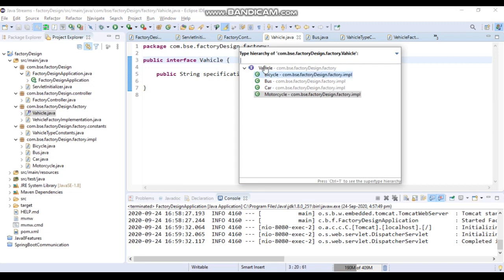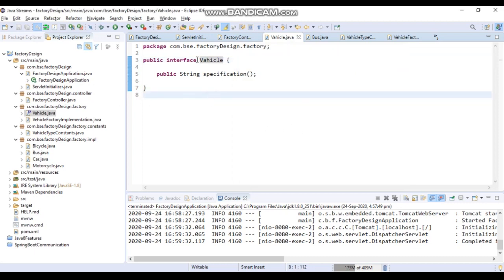Whatever object the user wants, he needs to pass that type as the path variable, and then he can get the runtime-created object based on that variable.